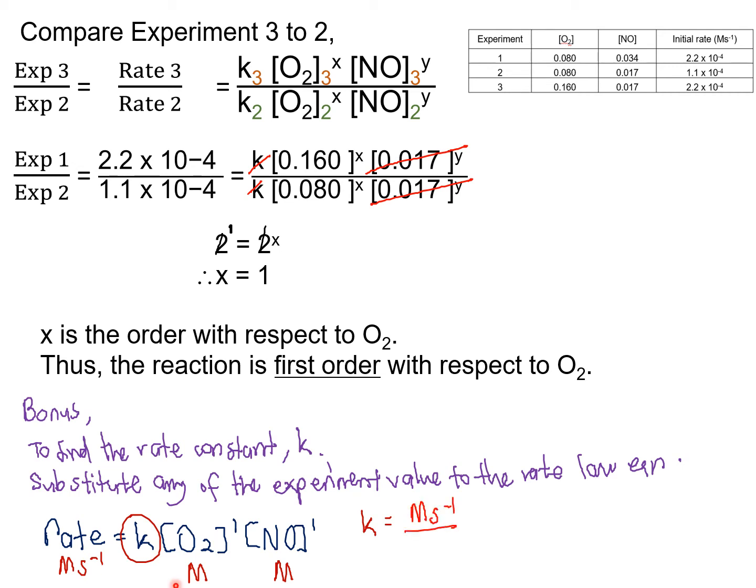divided by the unit of concentration of oxygen and also NO, which is M multiplied by M. Okay, so you know M times M is